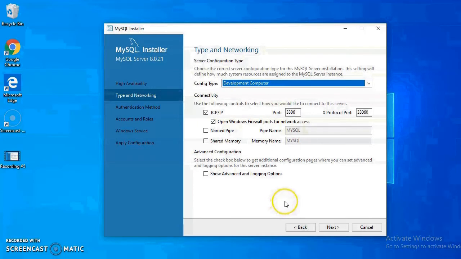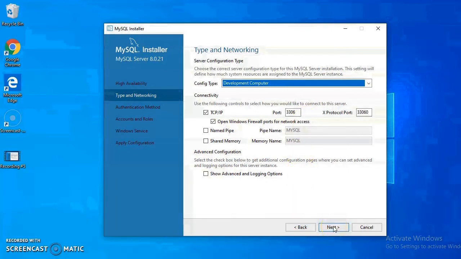The default port MySQL works on is 3306. We will keep that default port as it is. We are not going to change it. If you have some reason to change it, you can change it, but my suggestion is keep it as it is. TCP/IP, other defaults, whatever the default settings are there, keep all the settings as they are.